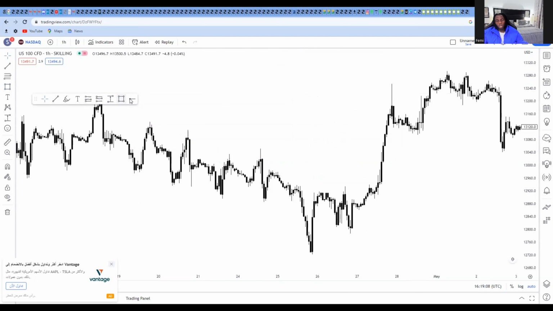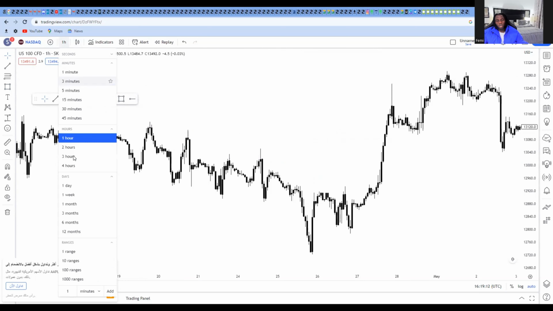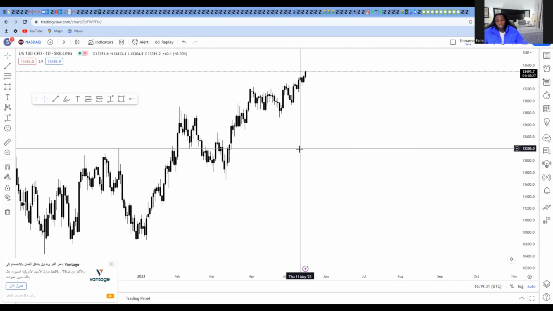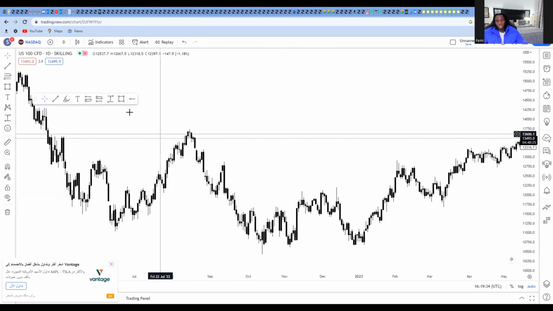The last is going to be the horizontal ray. The horizontal ray is not really hard. It's the same thing as the rectangle, to place my support area or resistance area. It's nothing major. So let's come to the daily time frame. I feel like price is going to get to this resistance area. I can just come here and